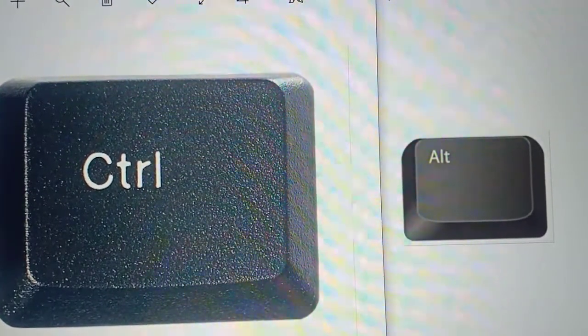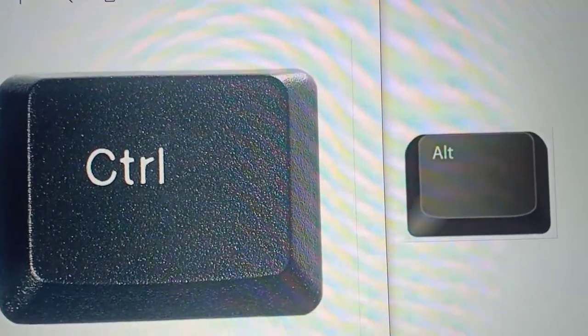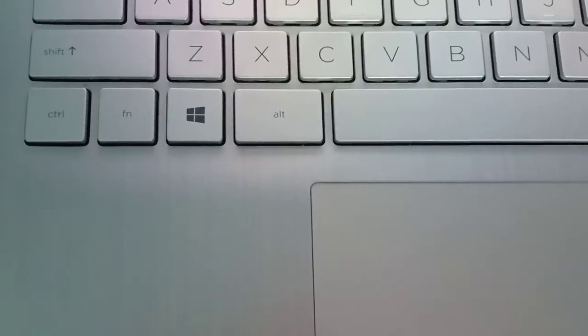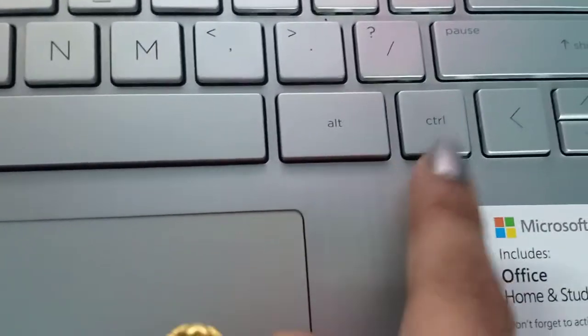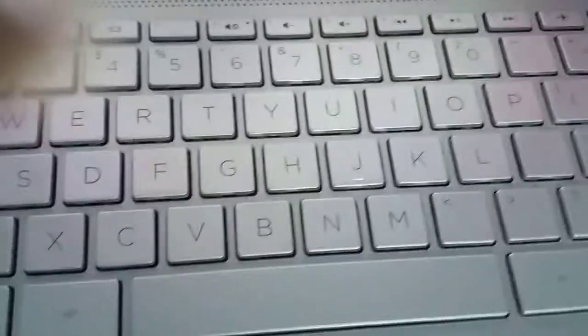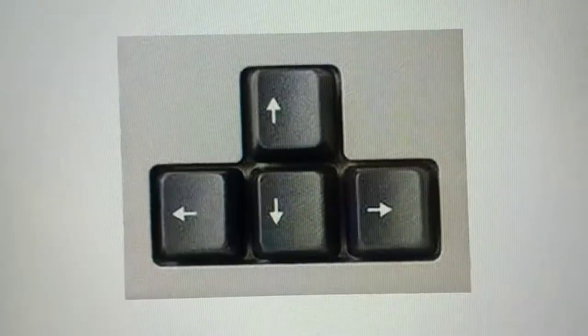There are two control keys and two alt keys present on the keyboard on the two sides of the spacebar key. See, here control key, alt key, then here also alt key, control key. So there are two alt and two control keys present on the keyboard.